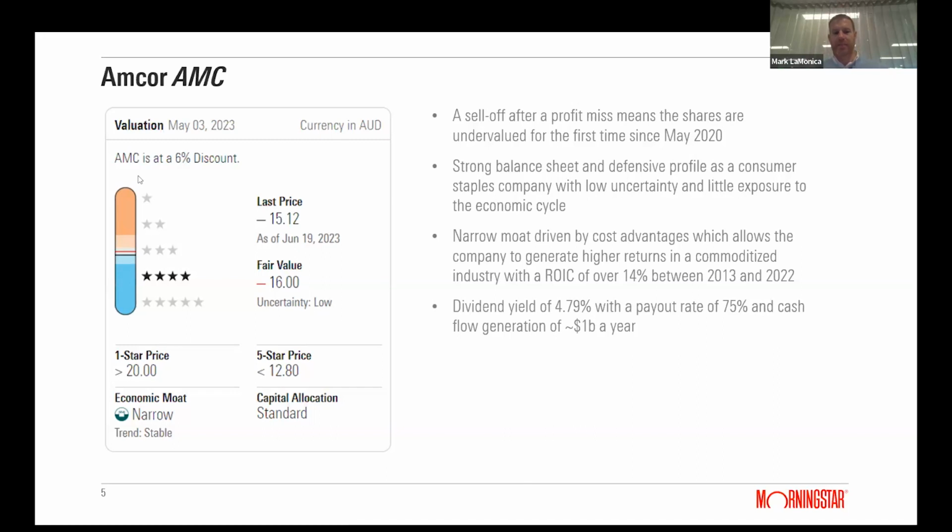For all we know, AMC could be fairly valued in a couple of days from now. Do we really want to buy it today and sell it in a couple of days? No, not in my viewpoint. So I try to hold things for very long periods of time. If they move up into a valuation level that is overpriced, I'll sit there and look at it, but I generally won't sell anything unless I think that the thesis I have behind this company has changed. So hopefully that helped a little bit.